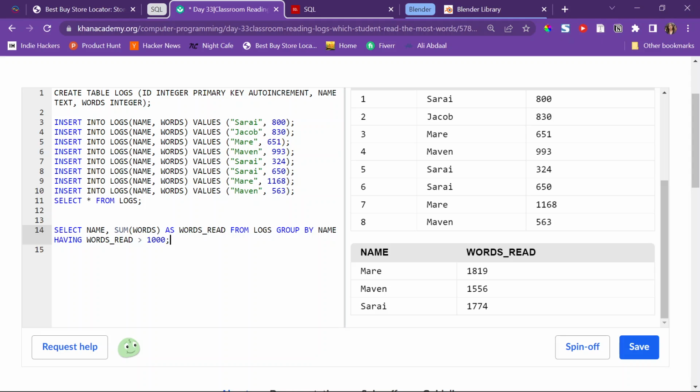Having is when you are working with groups of things, especially when you're using group by. Group by and having work hand in hand. You can't do where words read is 1,000 because where would look at individual rows, it wouldn't even work. It would just look at individual rows and each log that you put in. But having looks at the groups that you have, especially